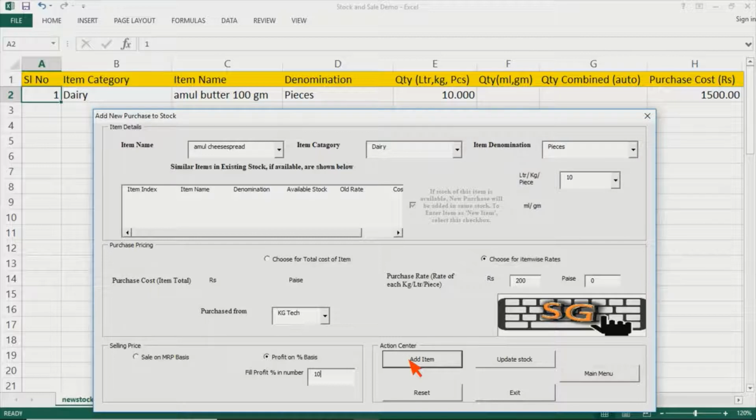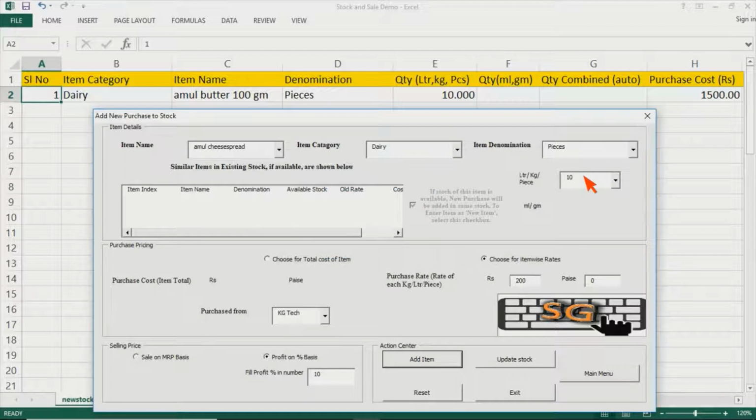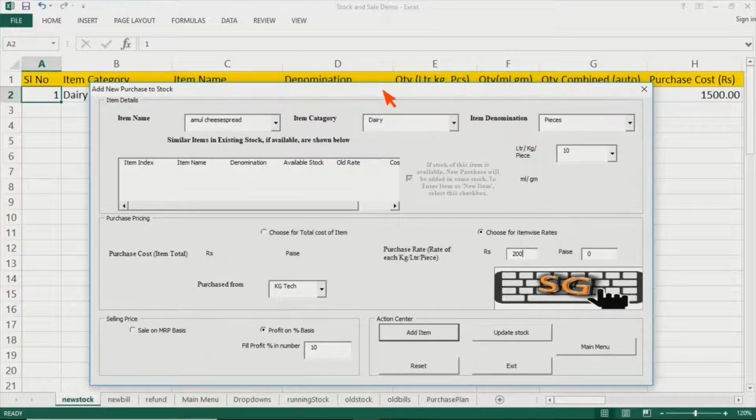So going ahead with add item would feed this item into the database as if it was done last time. But before doing that, I'll show you something else also, the things that have been catered in this program. Say in this liter, kg and pieces, by mistake, if you enter some letter which is not supposed to be there in that box, it will give you the error and with an indication that only number can be accepted. Once you press OK, the wrongly entered character would be deleted. Similarly, in the cost, if you enter something wrong, it will give you a pop-up message. So this is the facility that has been created even in this Excel sheet form.